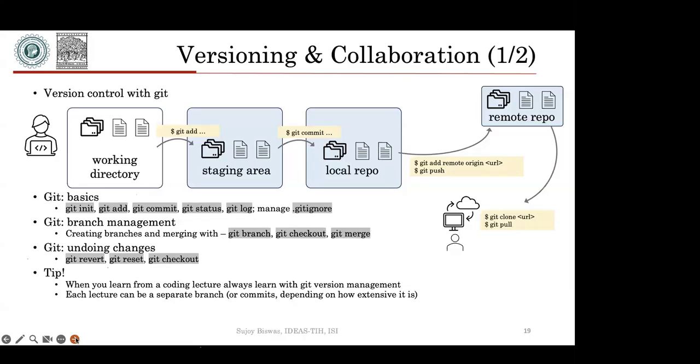These things are important: how you write commit comments, how your documentation is, and whether your peer is able to understand your code. Is it well documented? Is your commit history explanatory enough so that someone can read and understand? All these things make you a very good coder, right? So versioning and collaboration you'd learn from